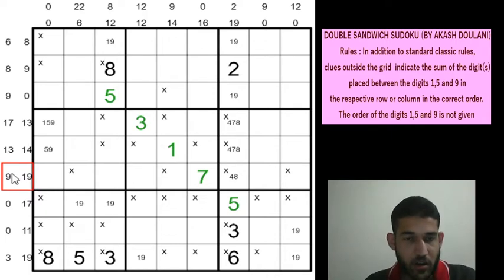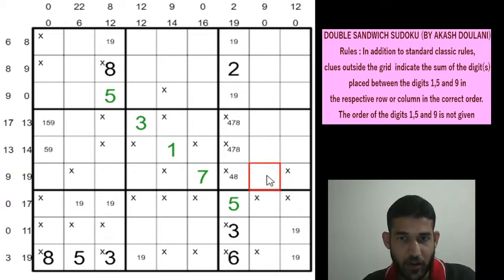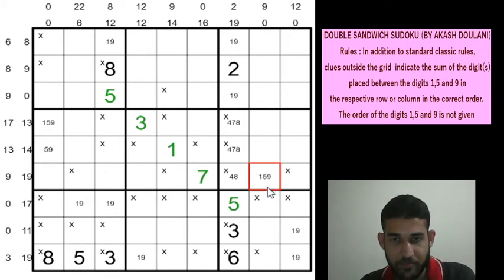Okay, if you look along row 6, the clues are 9 and 19. Now can we make these 2 totals without having a 1, 5 or 9 in row 6 column 8? It's not possible, because let us assume we have a 1, 5, 9 here. Obviously you cannot make a 9 total or a 19 total when you have a 1, 5 or a 9 here. Similar case, when you have 1, 5 or 9, you cannot satisfy the 19, because 19 will have minimum 3 cells. So that means this is going to be a 1, 5 or a 9, because we have marked X's, we can use that to our advantage. So this will be a 1, 5 or a 9,